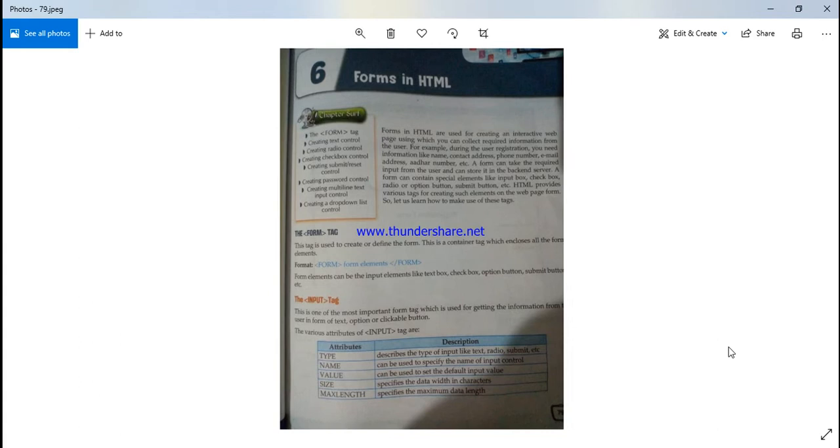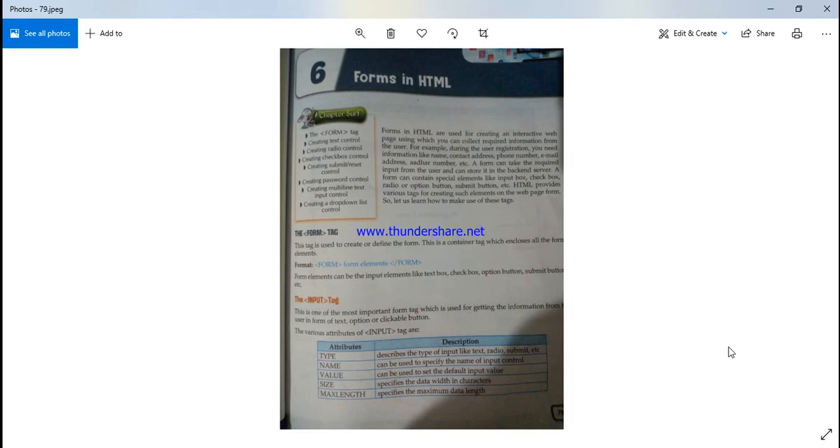Children, forms in HTML are used for creating interactive web pages using which you can collect required information from the user. For example, during user registration, you need information like name, contacts, addresses, phone numbers. A form can take the required input from the user and store it in the backend server.